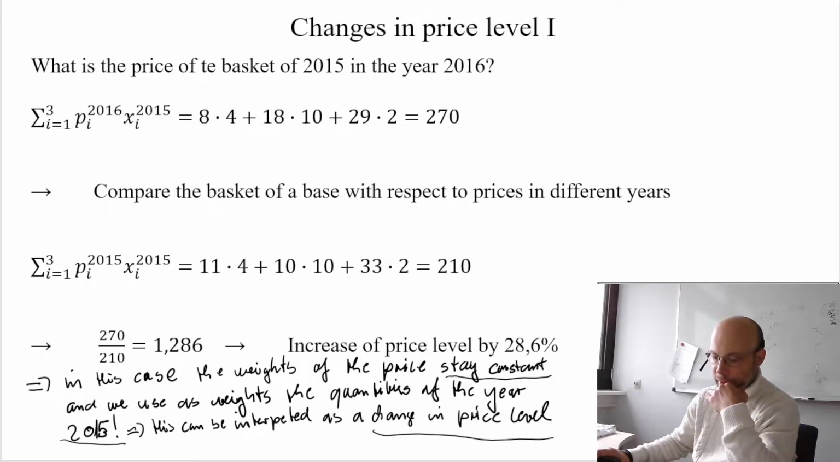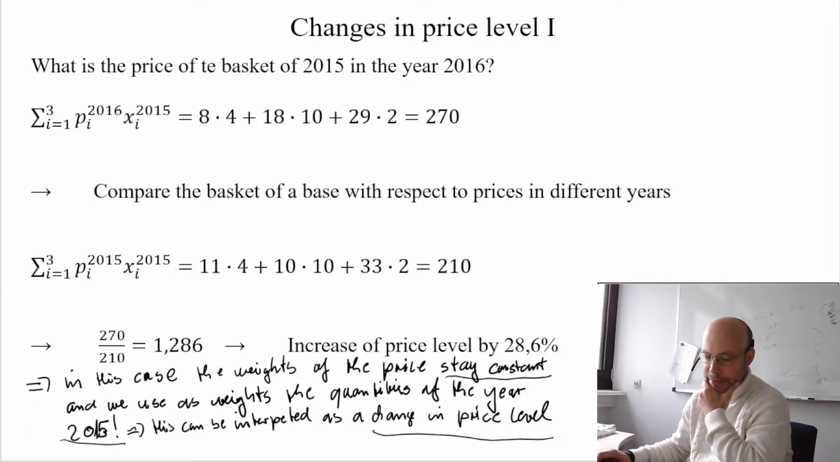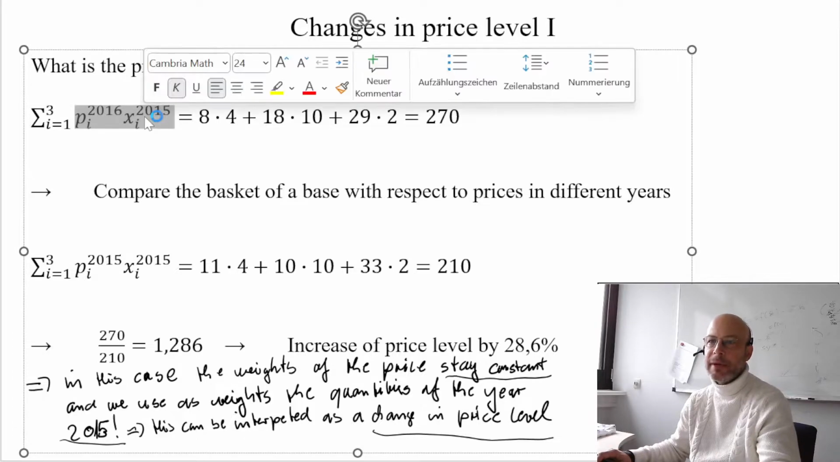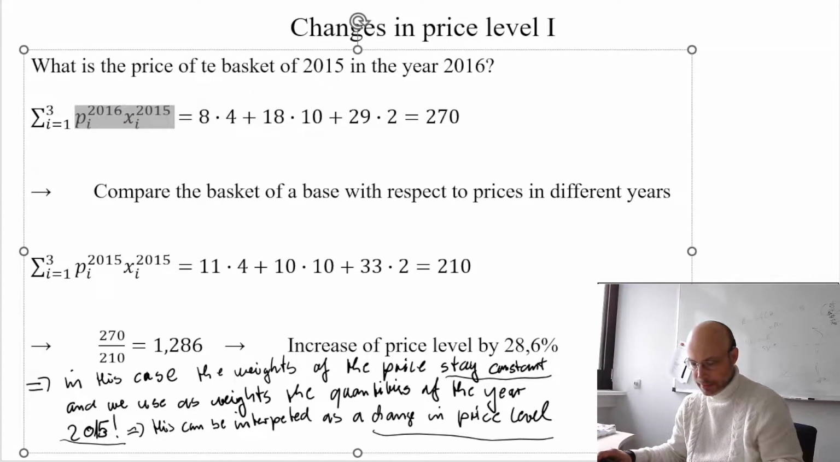There we had the last pair index, and this was the price of the basket in 2015 and 2016, and we will take the prices of the following year, multiplying this with the quantity of the former year. So this is, so to speak, forward-looking in prices. And for this, we then obtain